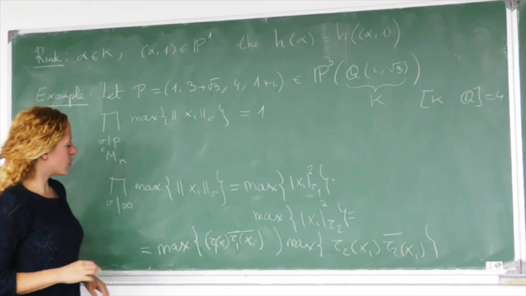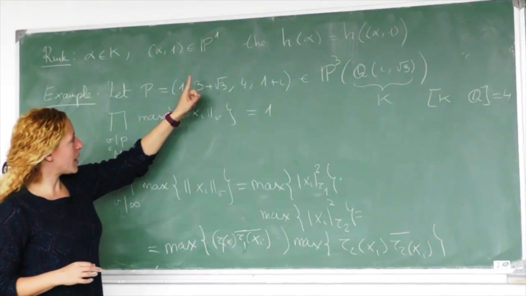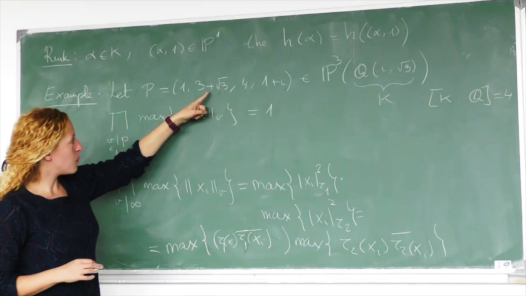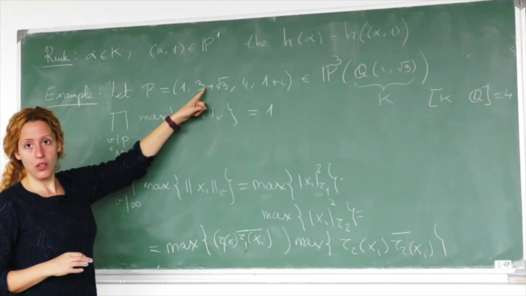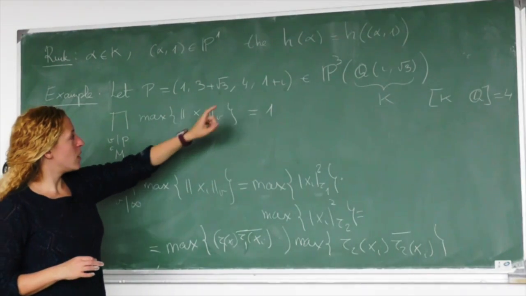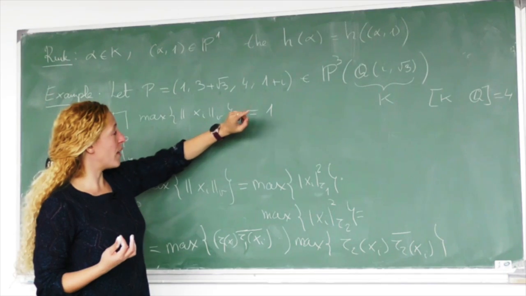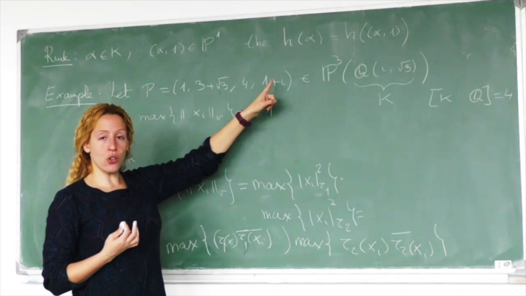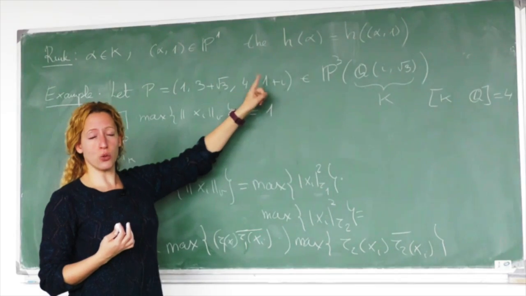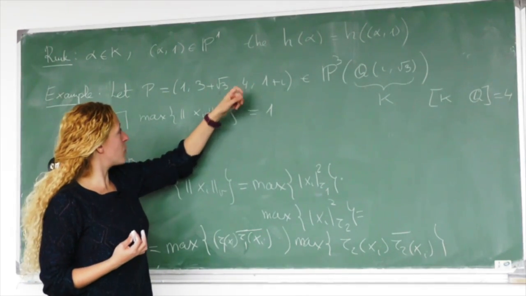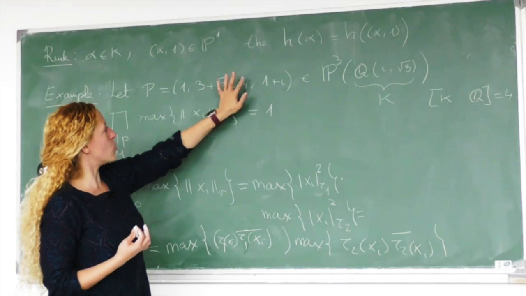So which ones are the norms? The norm here is 1. Now I need to multiply this by the conjugate 1, but the conjugate 1 is itself, because this is a real number. So actually it's just the square of this number. This is 4, so you just take again a real number, the square, and this is 1 plus I, and the conjugate is 1 minus I. 1 plus I times 1 minus I is 2. 2 is smaller than the square of this one, and 1 is smaller than the square of this one, so we have to look at those ones.